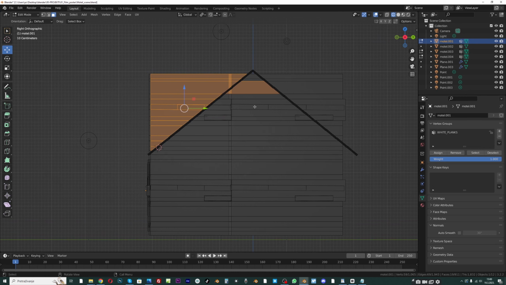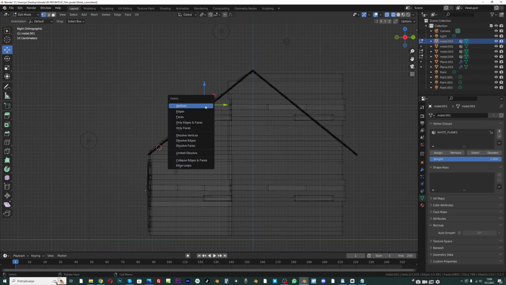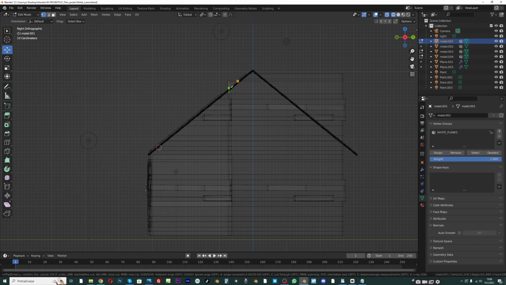So Escape, Control to deselect this, and let's delete these faces. It is not perfect, but we can fix this. Let's delete these vertices, and this happens because we are not in X-ray mode, so we cannot select what is behind. So delete vertices, delete these vertices, and let's again try with knife, cut this part,